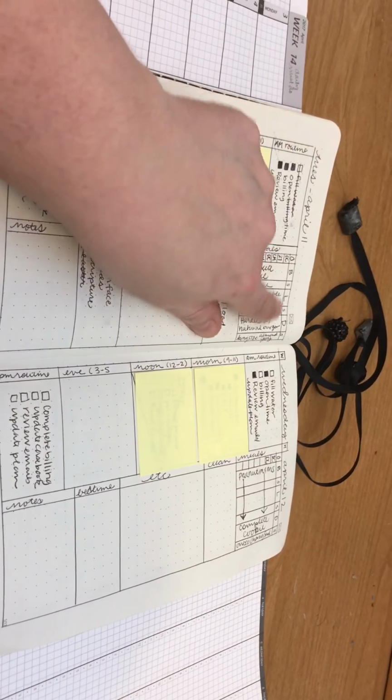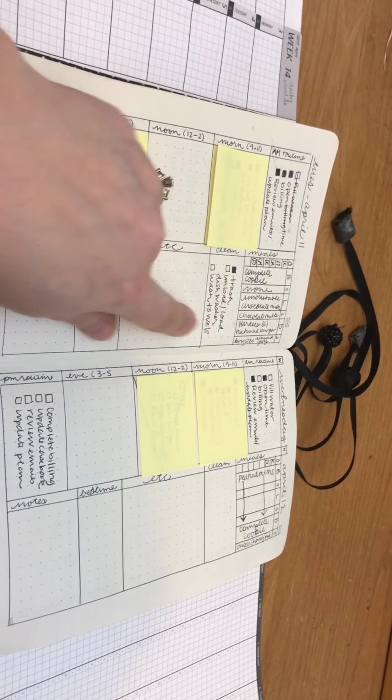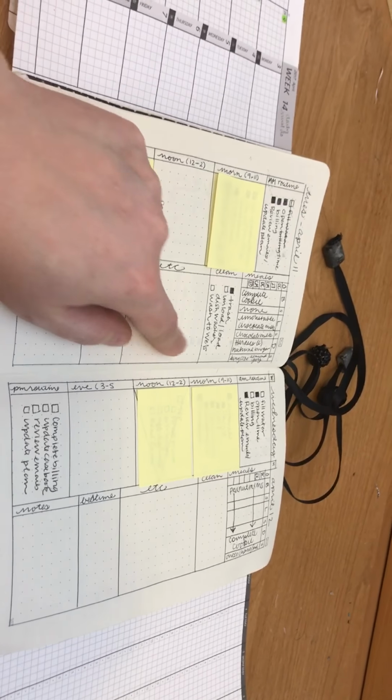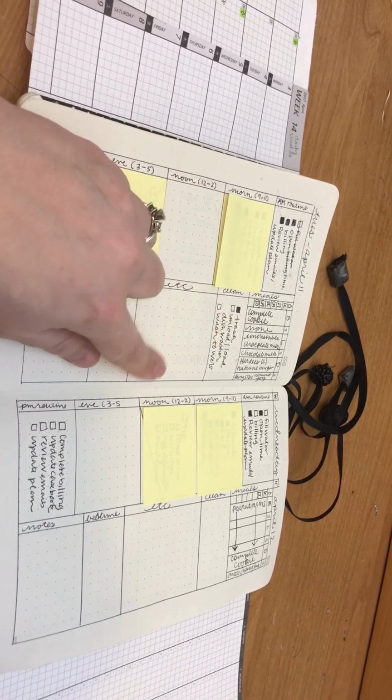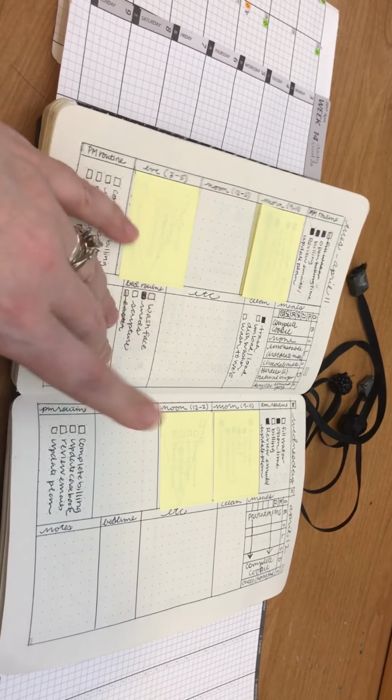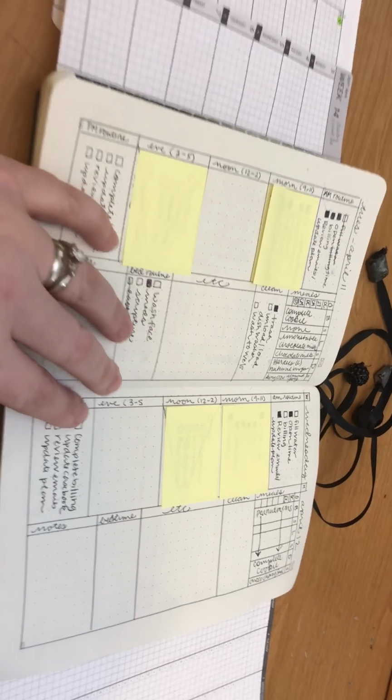So then over here, I put my meals stuff at the top. Then the chores I'd like to get done. This etc. box is just other things that I would like to get done, or things that aren't necessarily chores. And then my bedtime routine, and then any notes. And I really haven't added anything onto that. And so that's the same for Wednesday,